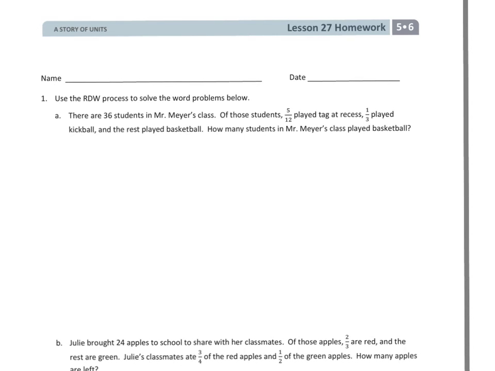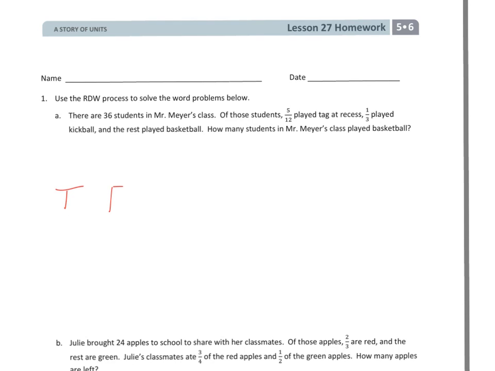A says there are 36 students in Mr. Meyer's class. Of those students, 5/12 played tag at recess, 1/3 played kickball, and the rest played basketball. How many students in Mr. Meyer's class played basketball? So the first thing I have to do is I want to draw a tape to